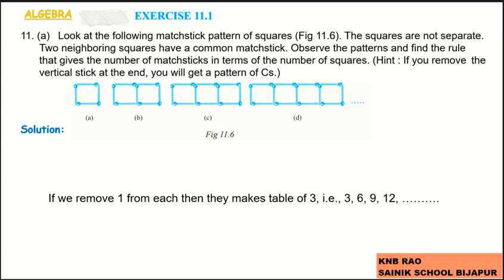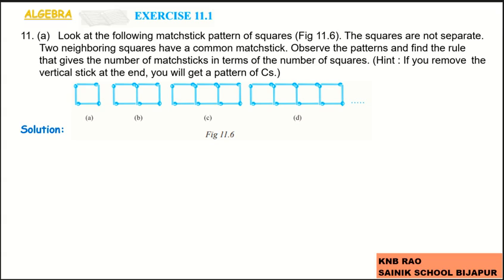The squares are not separate. Two neighboring squares have a common matchstick. Here, two neighboring square boxes have one common matchstick, in terms of the number of squares. Hint, if you remove the vertical stick at the end, you will get a pattern of C's. See children, here in the first box I need 4 matchsticks, in the second, in this pattern we need 4 plus 3, total